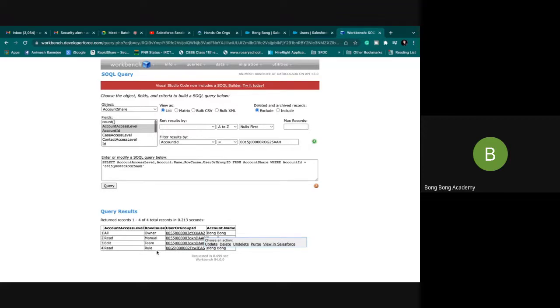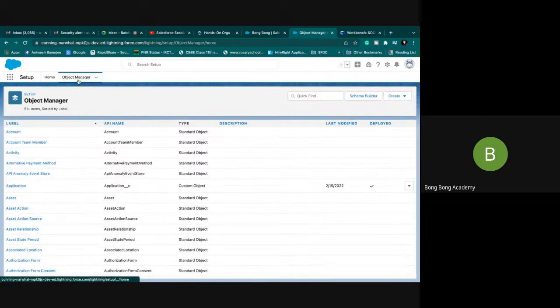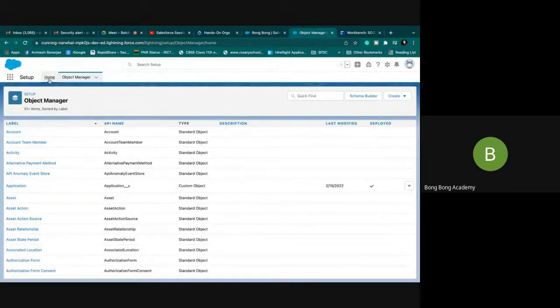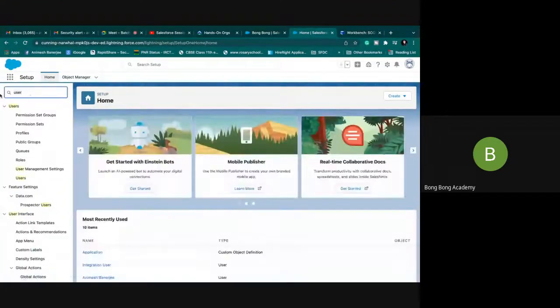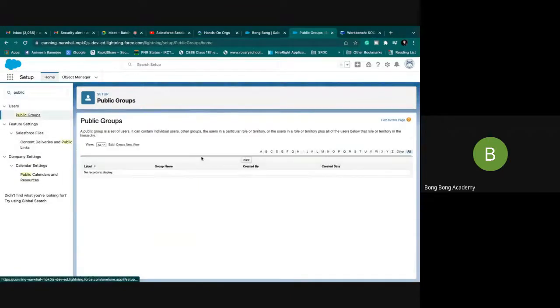But 4 records are getting created because now sharing rule is also taking precedence. So now you can share this record. The fifth mechanism is automatic sharing through role hierarchy. Let's test it out. It takes a while, but I think we have enough time today. Before moving there, I will also show what is a public group. So you can use public group in the sharing rule.